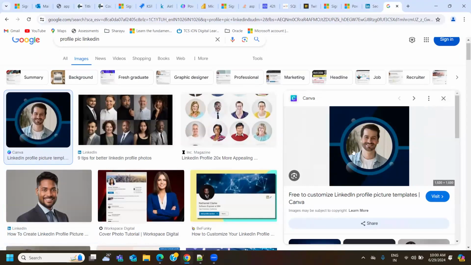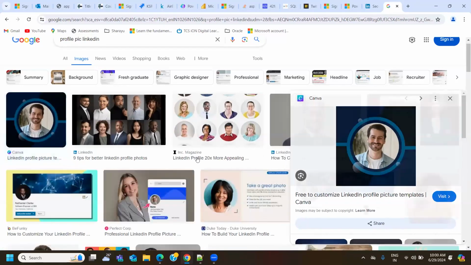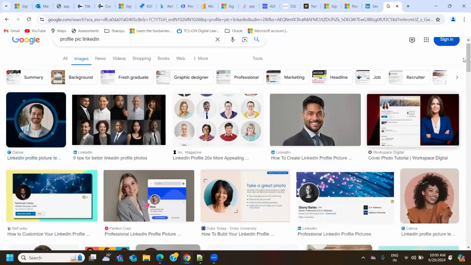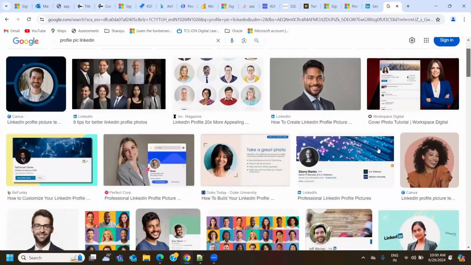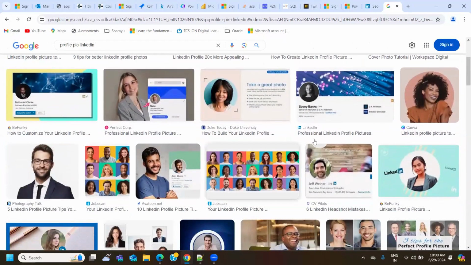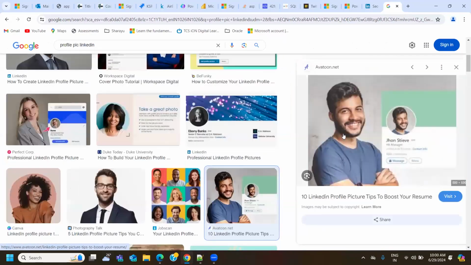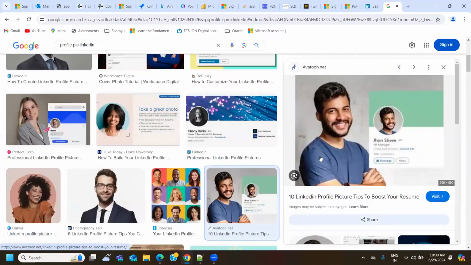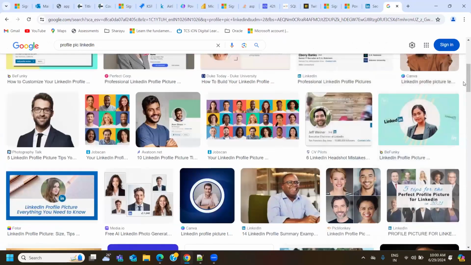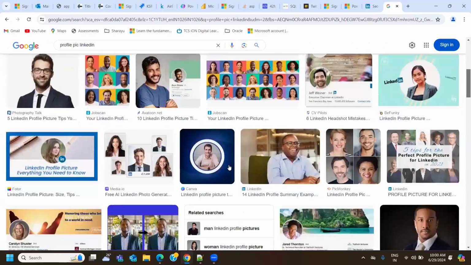Try to neglect round neck t-shirts in profile pics. Even this looks fine, there is a round neck, but I would always recommend keeping round neck t-shirts aside and using a collared profile pic.